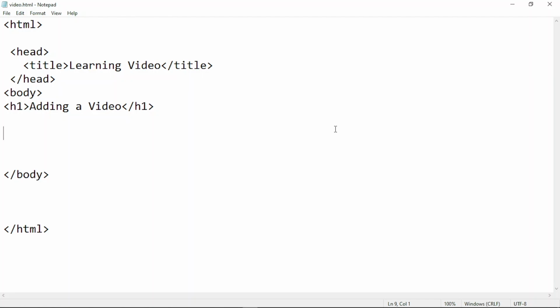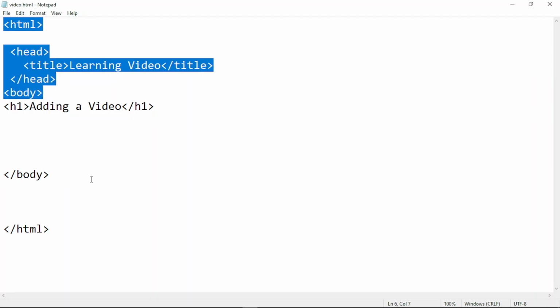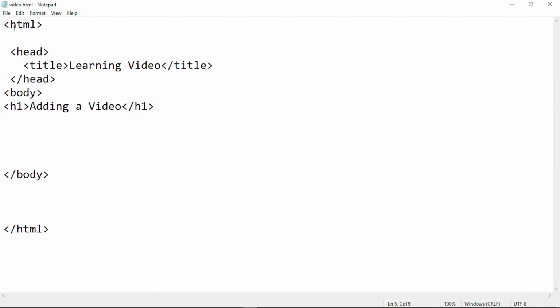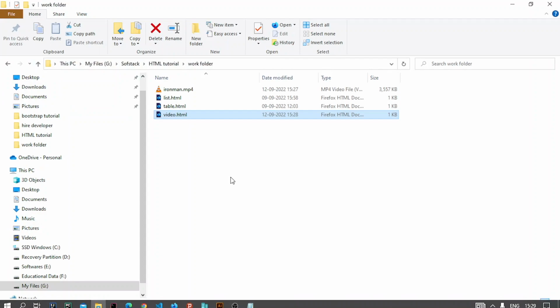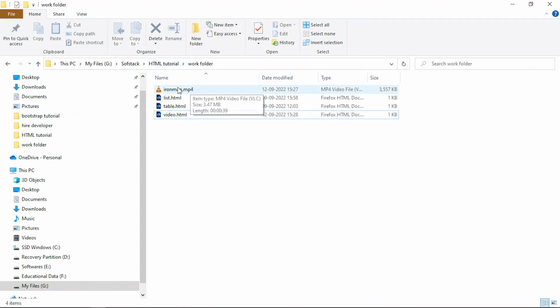So hello everyone, in this video we will be learning how you can add videos in your HTML page. So basically I have created the dummy page, which is nothing but the boilerplate code we were actually writing. So this is the basic code actually. In that I'll be adding this video which I have already downloaded. I have added this in the same directory, which is this one,